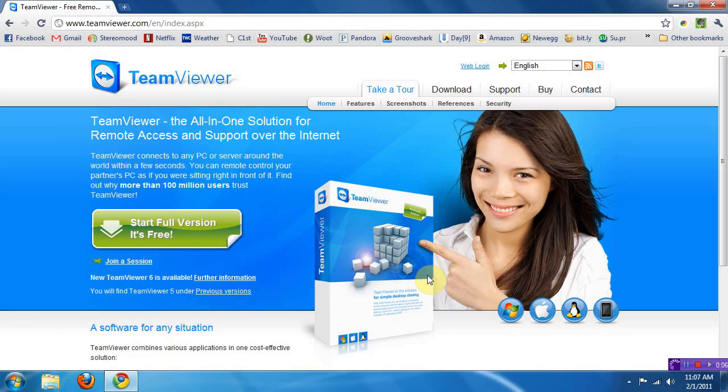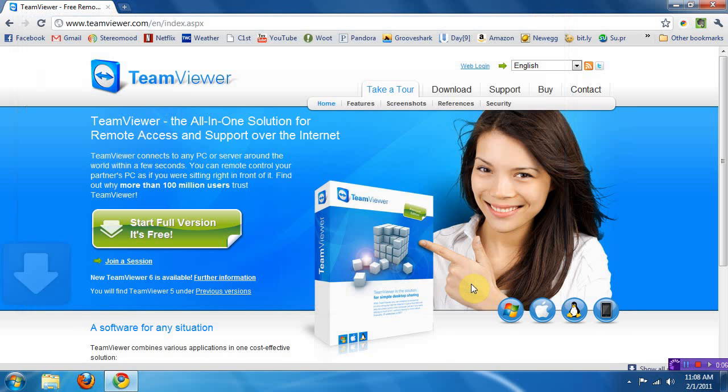Alright, so now we're looking from the perspective of what the other person is going to have to do to allow you to connect to them. And you can instruct them how to do this. It's basically the same thing, and it's very simple. So you're going to tell them to go to teamviewer.com, which we are already at. What you're going to have them do is click this Join a Session button below the button that you clicked. So click Join a Session